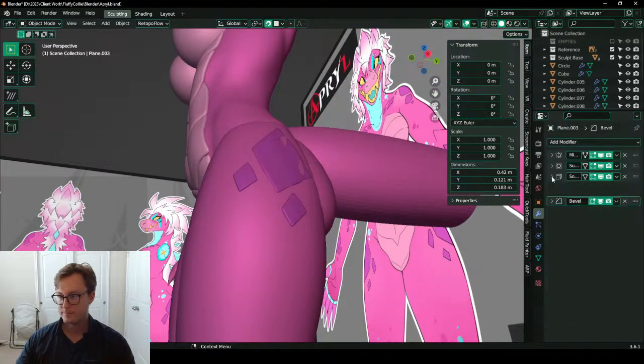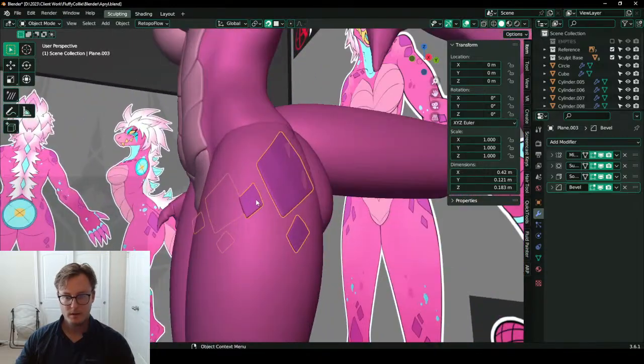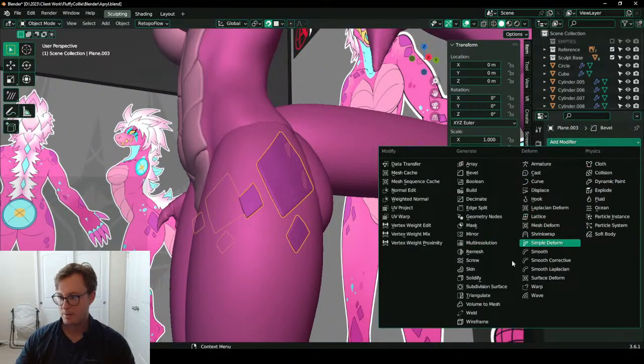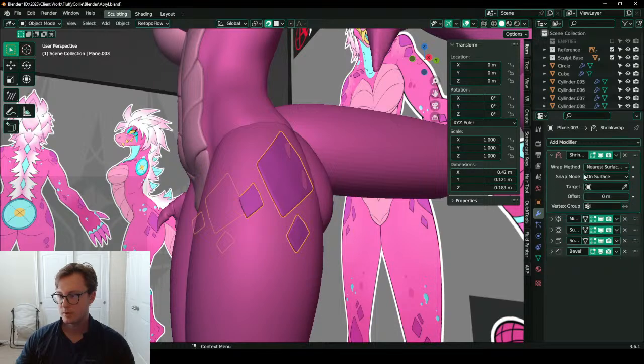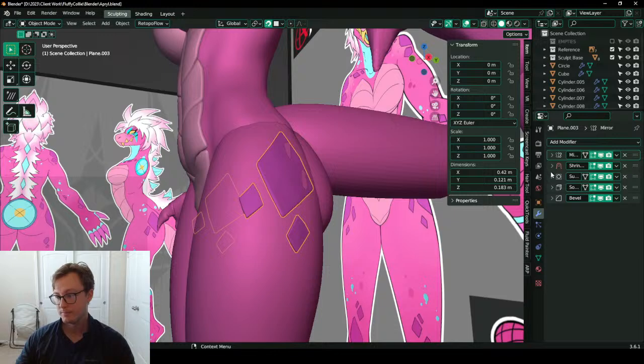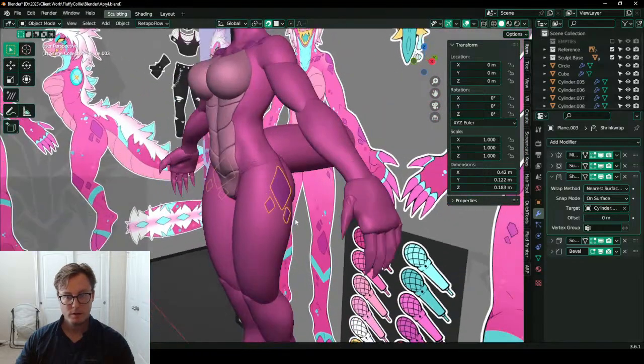It's kind of soupy. Maybe we will put the shrink wrap back on. We can just adjust it later. I can go ahead and sculpt it afterwards, actually. Bam. Bam. Bam. Bam. Much better.